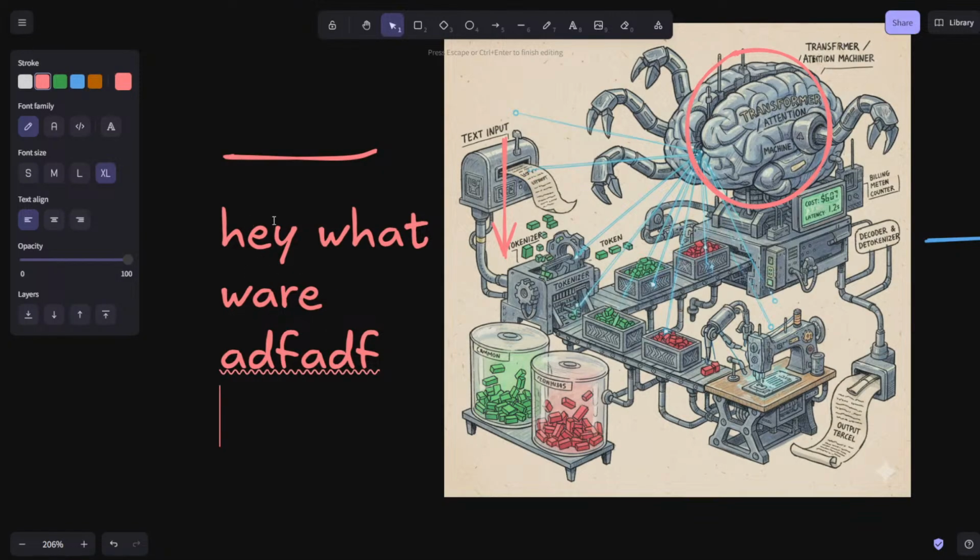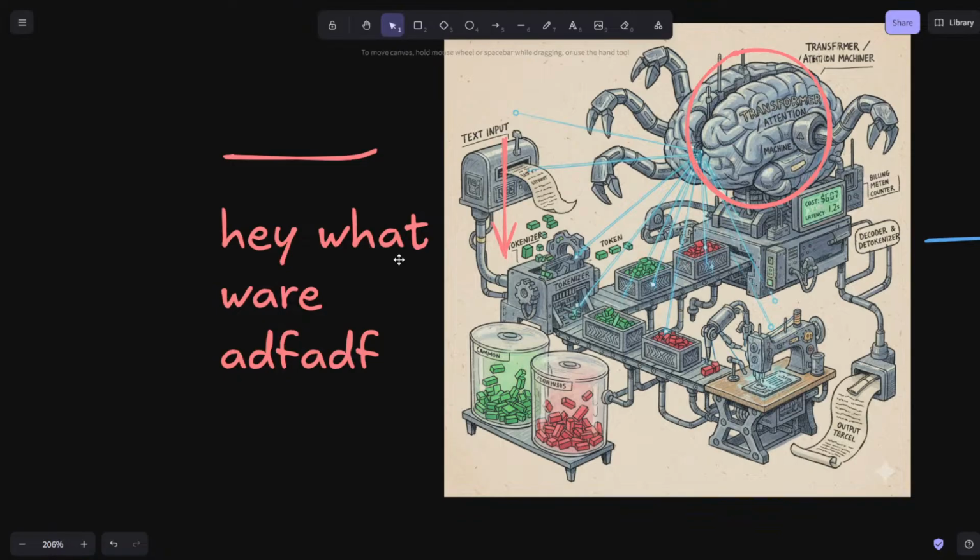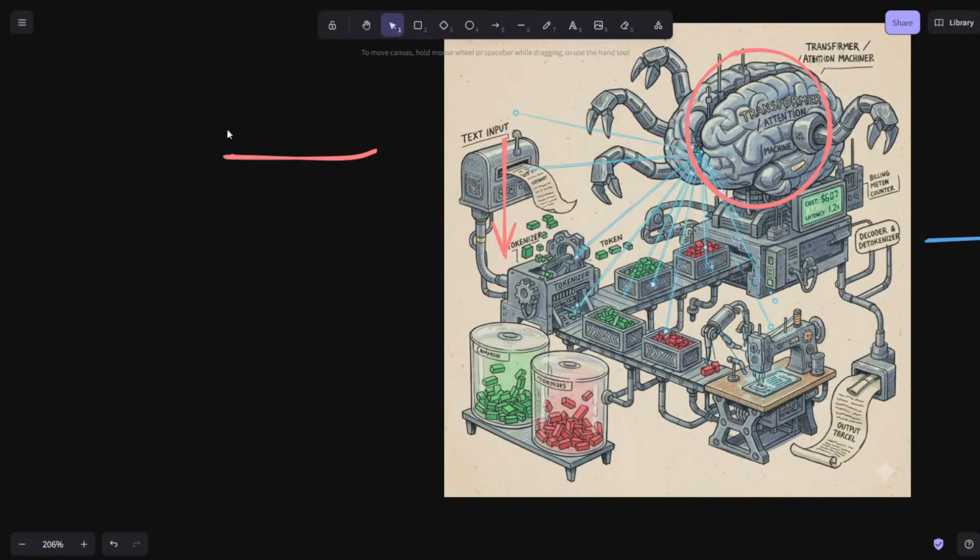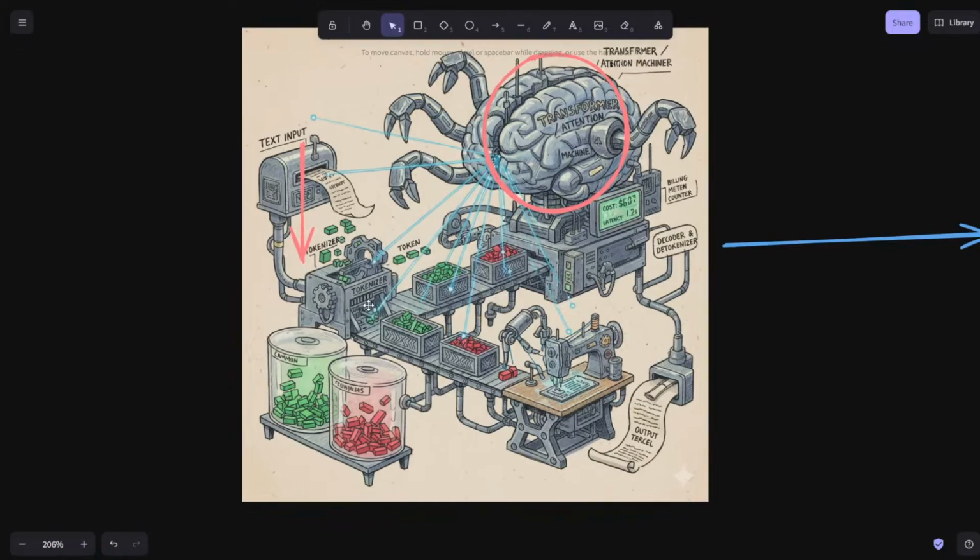So first the LLM will try to divide it, and then it will try to make sense of all the things that may come after that. Hey, what word, it doesn't make sense. So what is the most common word that comes after what? Hey, what are you doing? There is a probability that, hey, what are you doing, may come a lot more than, hey, what is this, maybe. So the tokens with the most probability will be assigned, and this is how the tokens are assigned to each input. And then after the tokenizing system is done, after each word has tokens assigned to it,